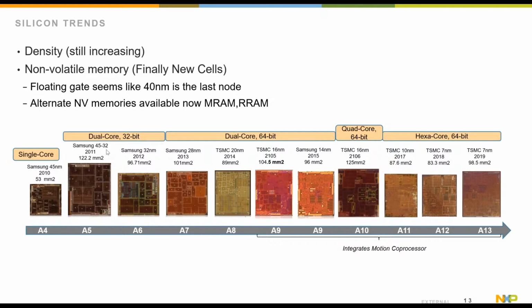The idea that non-volatile memory is still there is an important part of what we do as far as microcontrollers. So for floating gate and non-volatile, 40 nanometer is the last, at least what we'll use. There are some ideas that you'll see cells in 28, but I don't know if we'll ever use that. Our alternative NV memory now, like MRAM and RRAM, and we've been looking at MRAM at 28 nanometer and also moving that in. So we taped out using those.